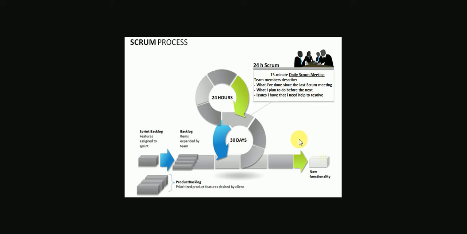Nowadays, the waterfall model is not very popular, and the reason behind that is it's not agile. Also, one more important aspect is that the customer who is supposed to get the software developed after a certain amount of time is not at all able to see things in between, and will be able to see the complete software only after a certain time period. And that's why after 6 months or after 1 year, once the software development team delivers the software